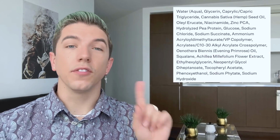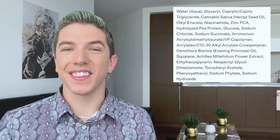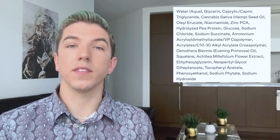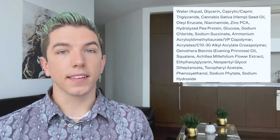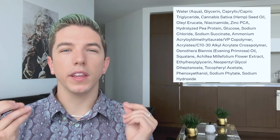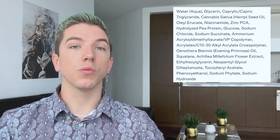So looking at the list, the first ingredient is water, and this is typical for pretty much every single product out there that I've seen. Very few products don't have water. It's just what makes up the majority of skincare products out there. The second ingredient is glycerin. Glycerin is a great ingredient for hydrating the skin. It works as kind of a polymer to make that serum moisturizer type consistency that works really well to spread